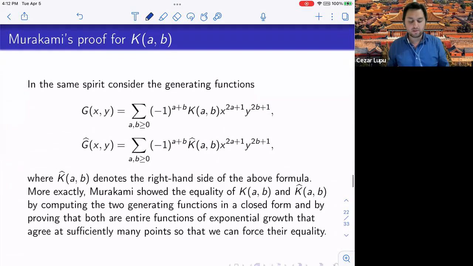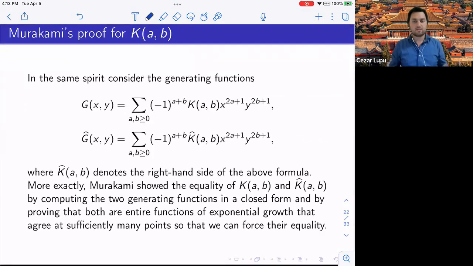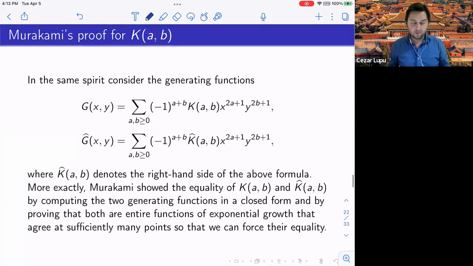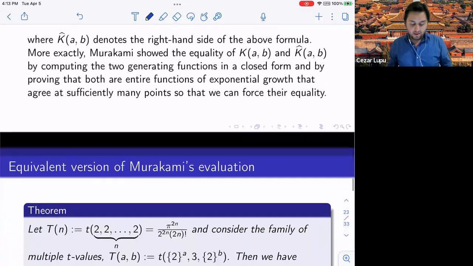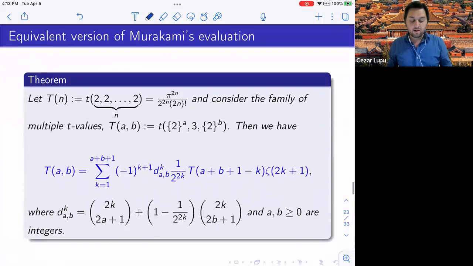And Murakami, like I said, basically mimics the same thing as Zagier. So he defines these 2 generating functions, and in fact, his computations are even much more complicated than Zagier's. I don't know where the extra terms come from. I didn't watch his proof closely because it's very tedious and it's like 15 pages long computations. But we can have an equivalent version of